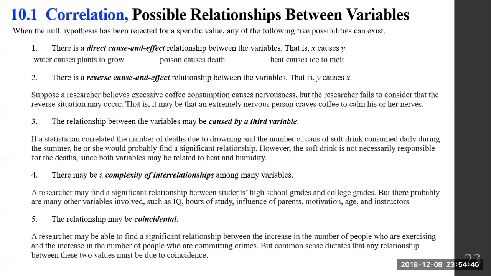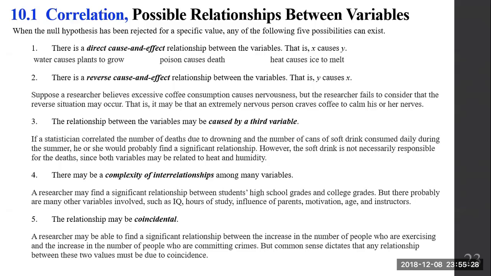If a statistician correlates the number of deaths due to drowning and the number of cans of soft drinks consumed daily during the summer, he or she could probably find a significant relationship. However, the soft drink is not necessarily responsible for the deaths, since both variables may be related to heat and humidity. Number 4 would be there may be a complexity of